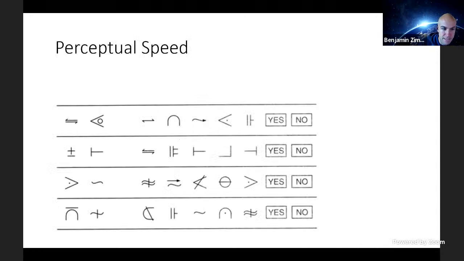So this is what a perceptual speed task might look like. In this task, you have to indicate as quickly as you can whether any of these five symbols to the right match either of the two symbols to the left. So it can be either or, one or the other. And you would just say yes, no, yes, yes, as fast as you could. Usually you'd have a longer list, where you're really trying to compare items very quickly.